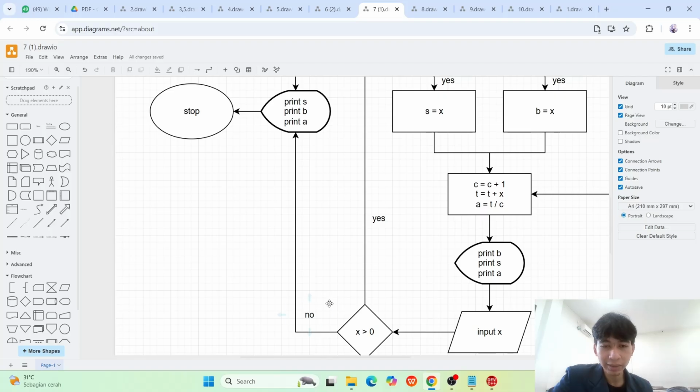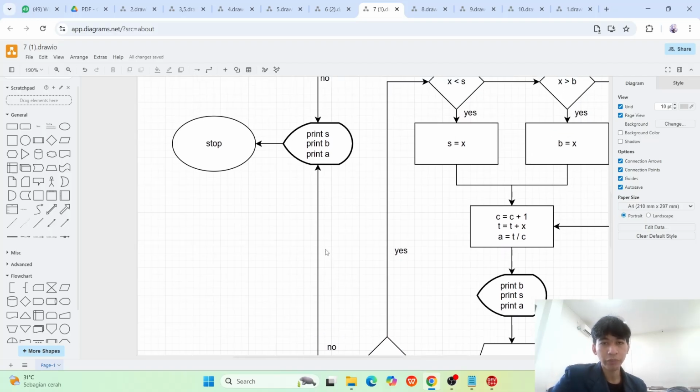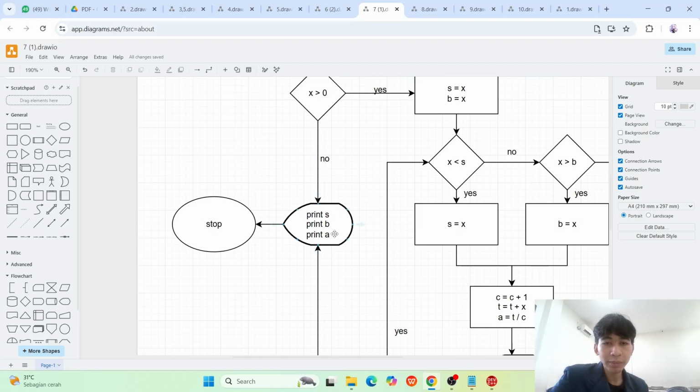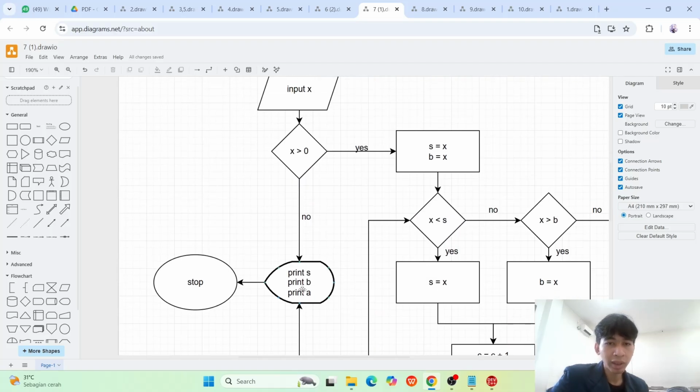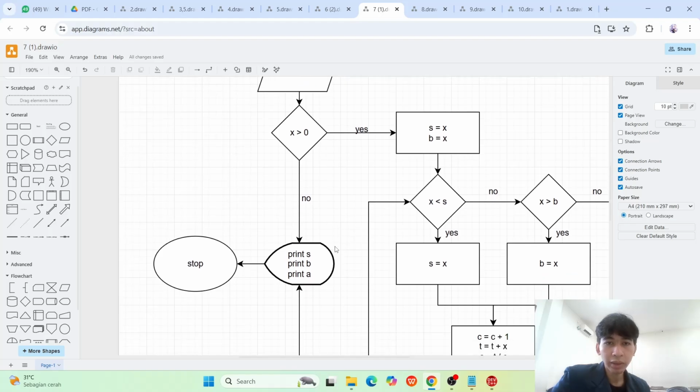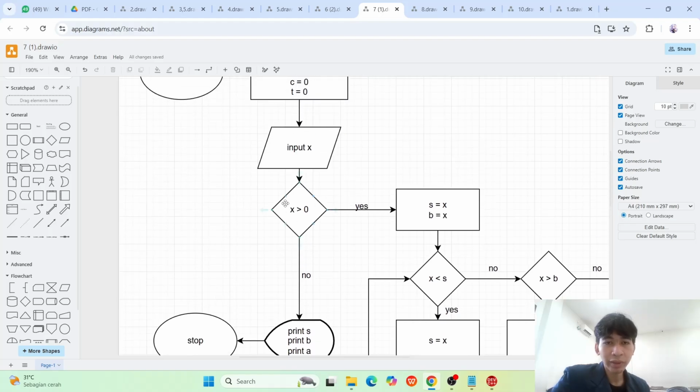If X is not bigger than 0, it will go to print B, S, and A, and the program will stop and show the smallest, the biggest number, and then the average. This also happens if, at the first check of X, X is a negative number.